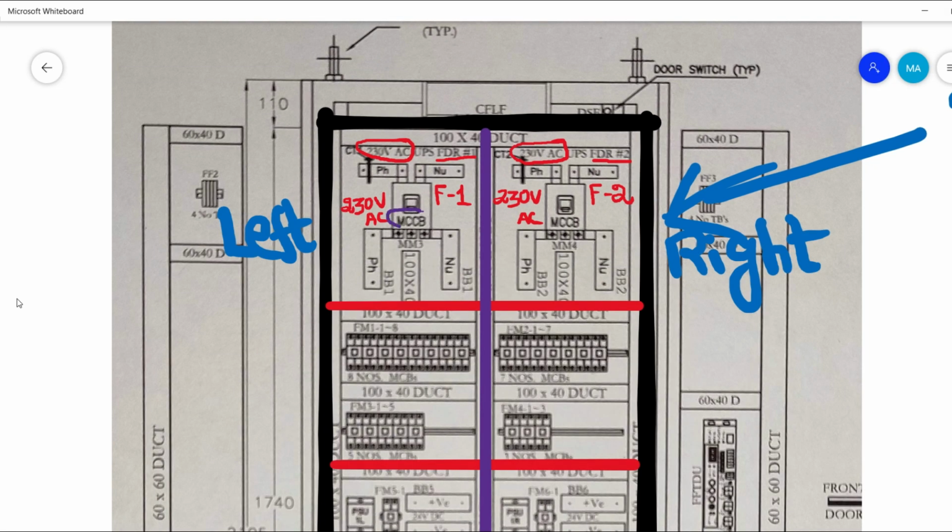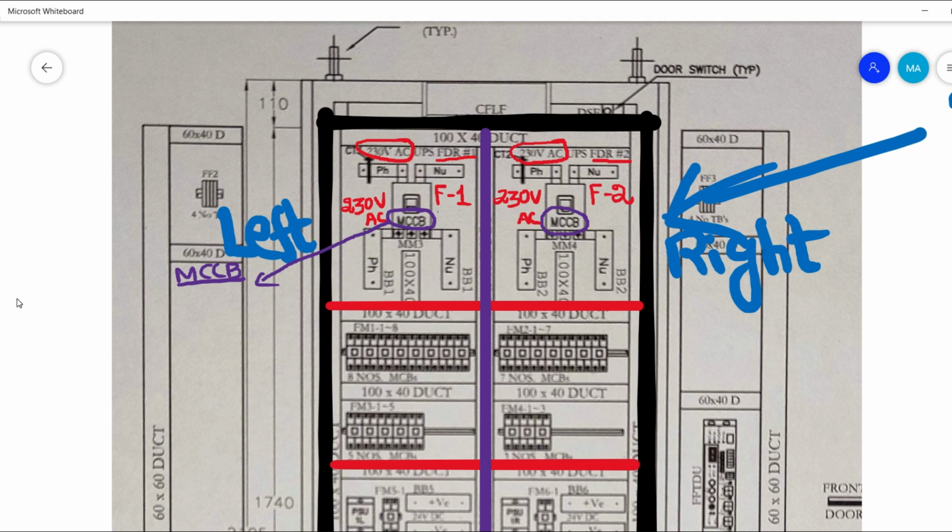In the top section, you could see feeder 1 and 2 being supplied through an MCCB to the 230 volt AC busbar. So what is basically the MCCB? It's a moulded case circuit breaker. It would arrest any electrical surge to protect the ICS control system.